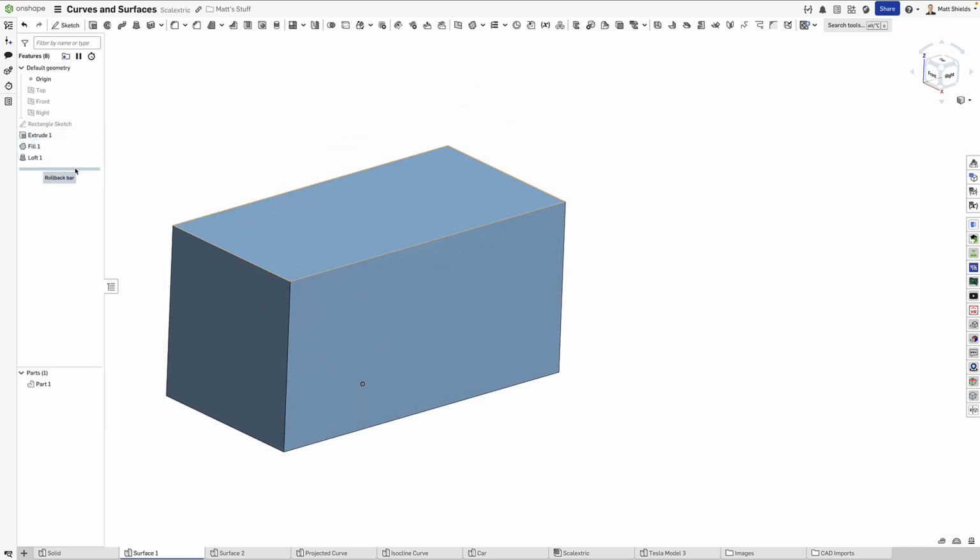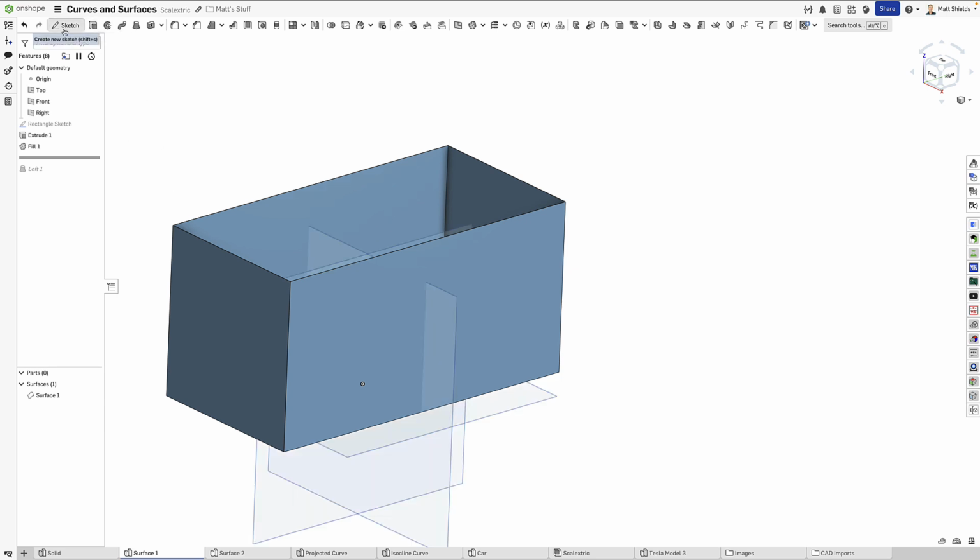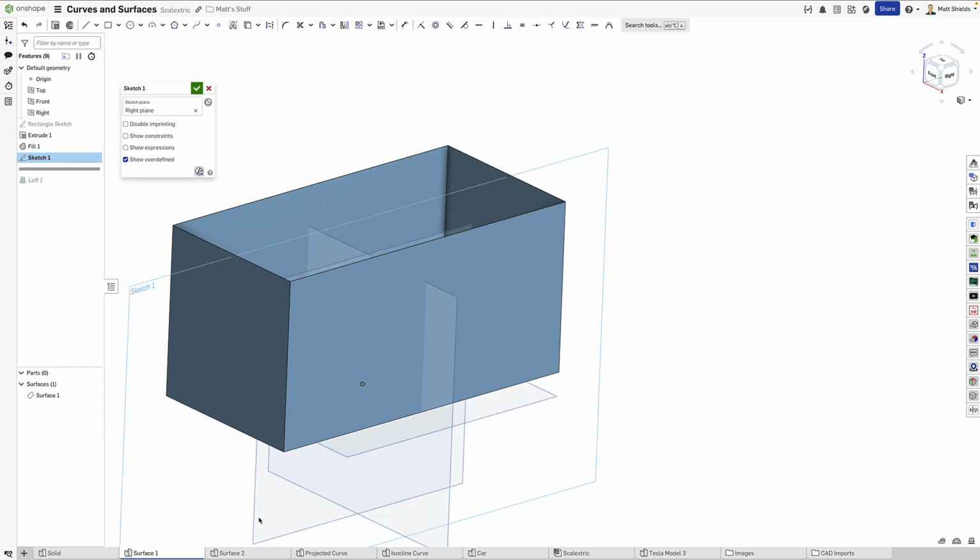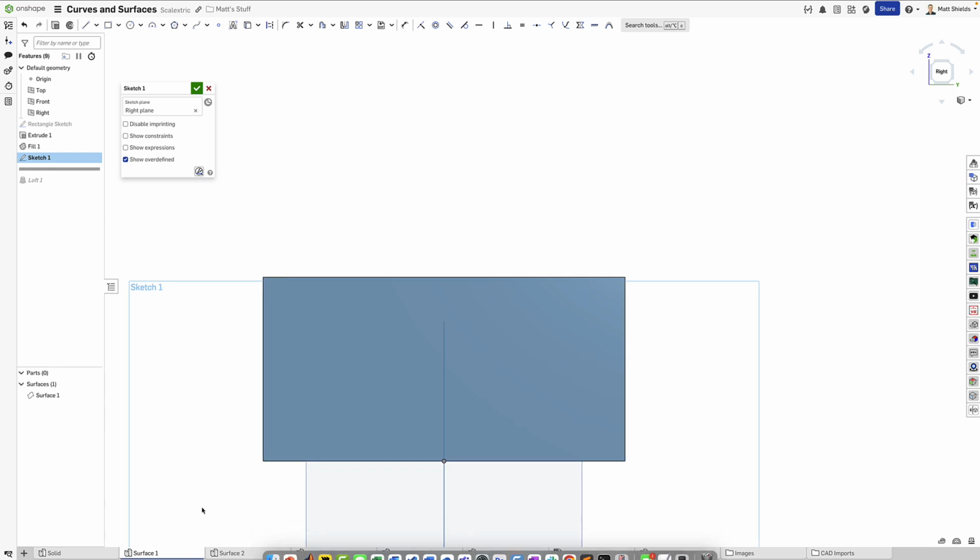Now, why would I care about doing that instead of just doing a good old extrude? It's really because when I'm trying to create more complex surfaces or complex shapes, especially smoother or more organic looking shapes, a lot of times this becomes really useful. So if I were to create a new sketch on this plane and maybe use a couple vertices here,